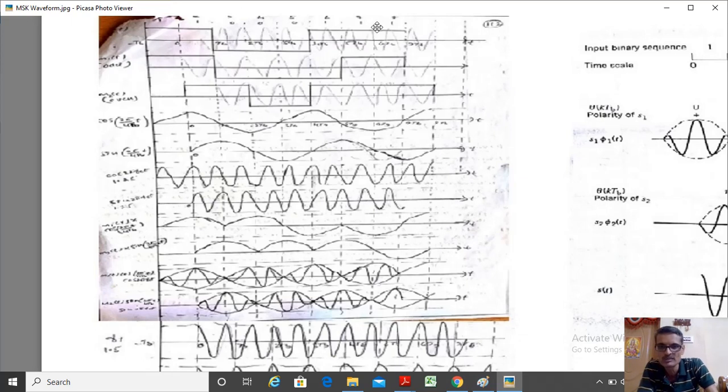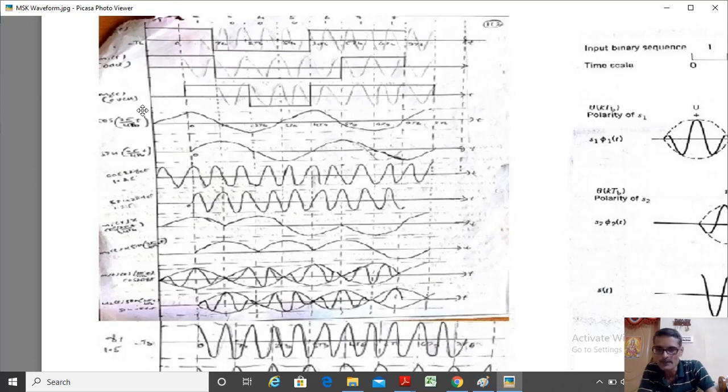Say 1, 2, 3, something like that. My number is 1, 1, 0, 0, 0, 1, 1, 1. That's what I have. The second one is the odd sequence. That means the first, the third, the fifth, and the seventh bits are represented over here. This is the even sequence, say M2 of t or A2 of t, whatever. That is this one: second, fourth, sixth, and eighth. That's what I have represented. The second bit is 1. The fourth bit is 0. The sixth bit is again 1. The eighth bit is 1. So I represented it in the polar format.